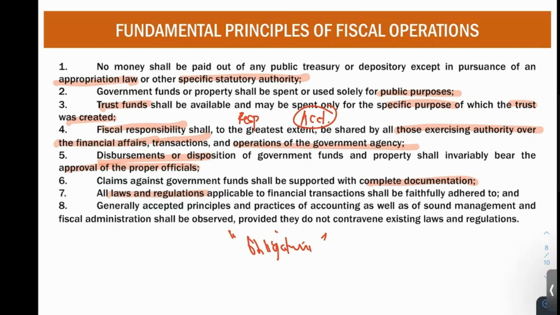So, of course, you don't want to not adhere to laws and regulations, because once you do not adhere to laws or regulations, what will happen to the government official or government agency? They will be held liable. When we say liable, it can be criminal, civil, or administrative. Criminal, there are chances that they might be jailed at the same time paying a penalty. Civil, normally damages. Administrative, normally these are